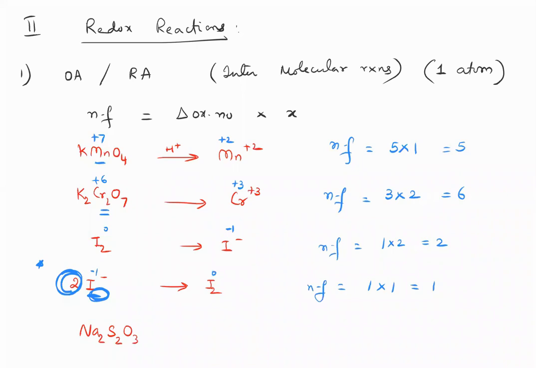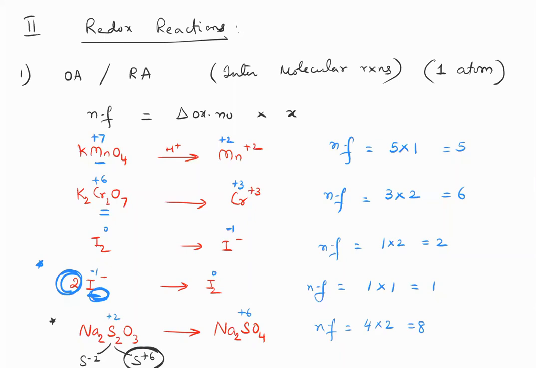For example, this is called hypo. In hypo, actually only one atom changes, but you can just take it as average and give the answer. It's okay. So it's going from +2 to +6. Change is 4 and there are 2 of them. So answer is 8. Now let me tell you for this example, actually one of the sulfur is in -2 state. One of the sulfur is in +6 state. That's why both of them average is +2.